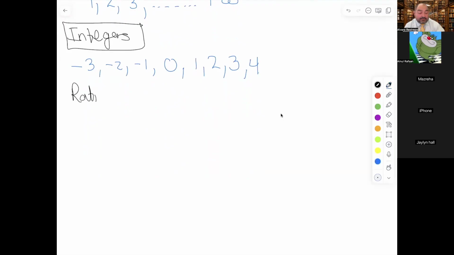So now let's talk about rational numbers. Now, the word rational comes from the word fraction. It's like saying,